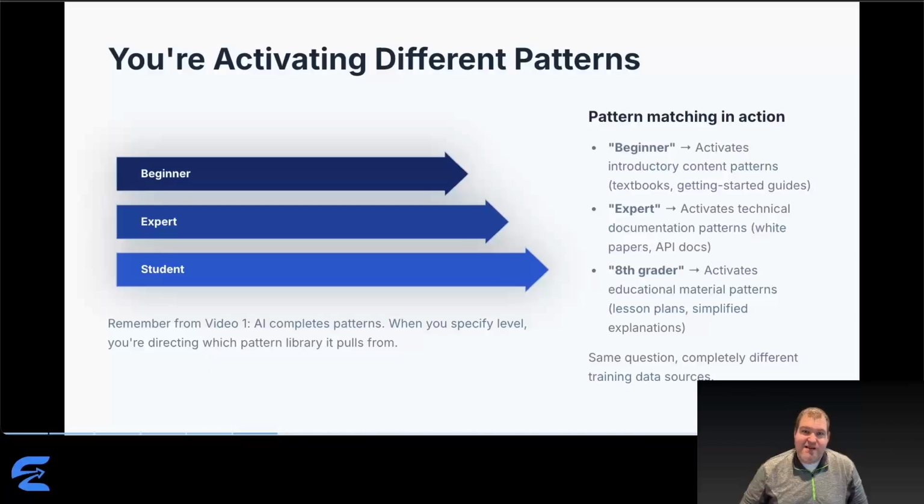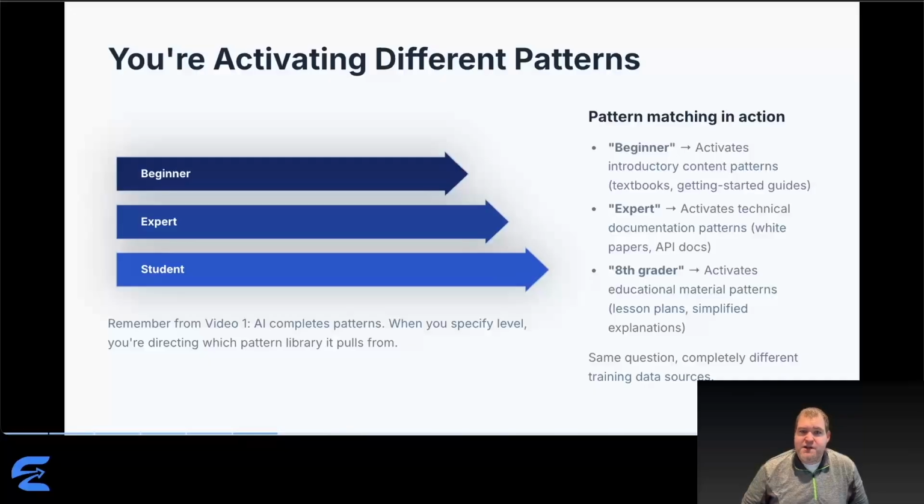Remember from video 1, AI doesn't think or reason. It completes patterns based on what it learned from millions of examples during training. When you specify beginner, you're not just asking AI to use simpler words, you're directing it to pull from patterns it learned from introductory content. Textbooks, getting started guides, explainer articles designed for people new to a topic. When you say expert, you're pointing it toward technical documentation patterns, white papers, API docs, implementation guides written for people who already know the